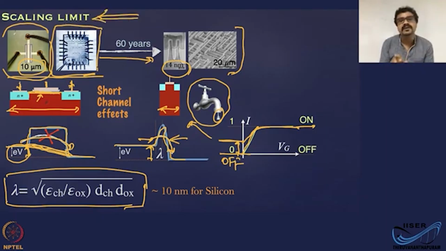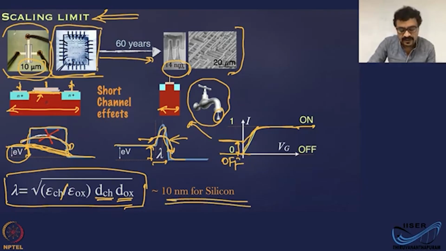Okay, the minimum dimension that we call lambda is given by this formula, where epsilon channel is the dielectric constant which defines the field strength, divided by epsilon OX, the dielectric constant of the oxide layer, and d channel and d oxide are the channel and oxide thickness. So for silicon, this is approximately 10 nanometer, and